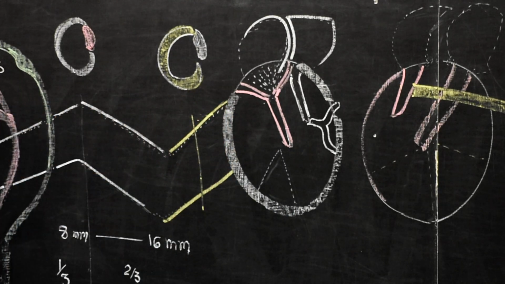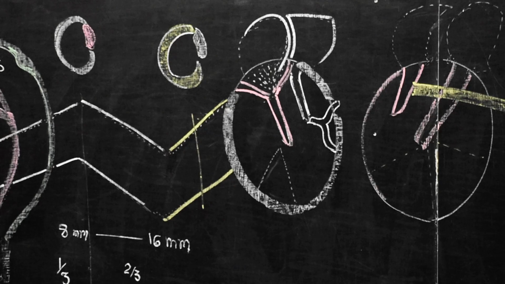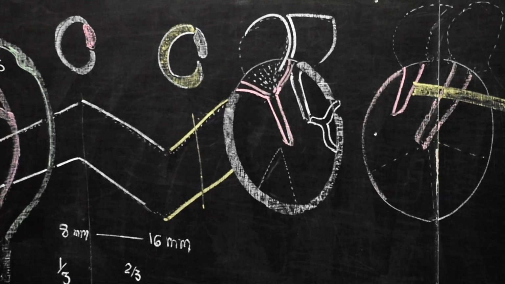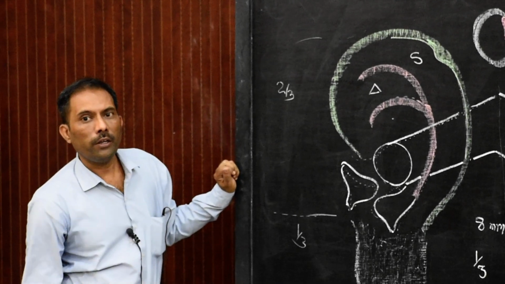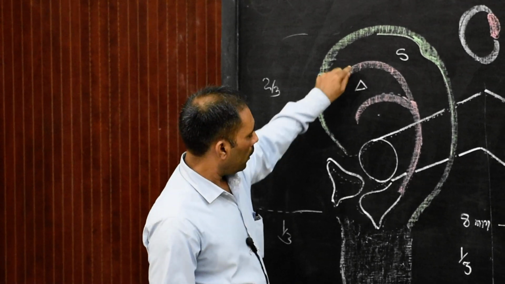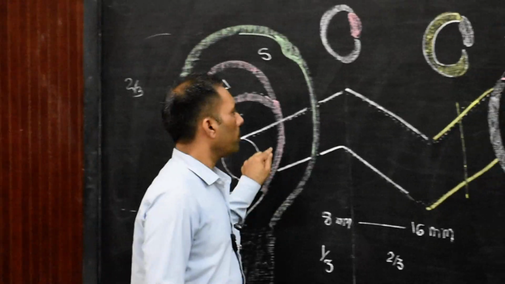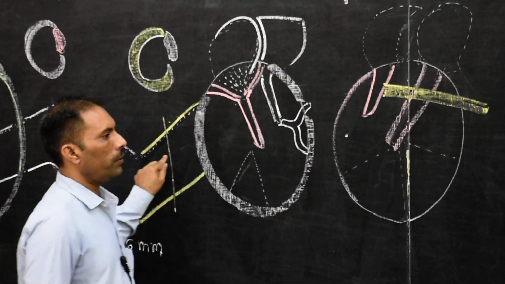These are the relations on the medial surface of the tympanic membrane. So here this is the only part of the gross anatomy of the external ear: pinna, lobule, external acoustic meatus, tympanic